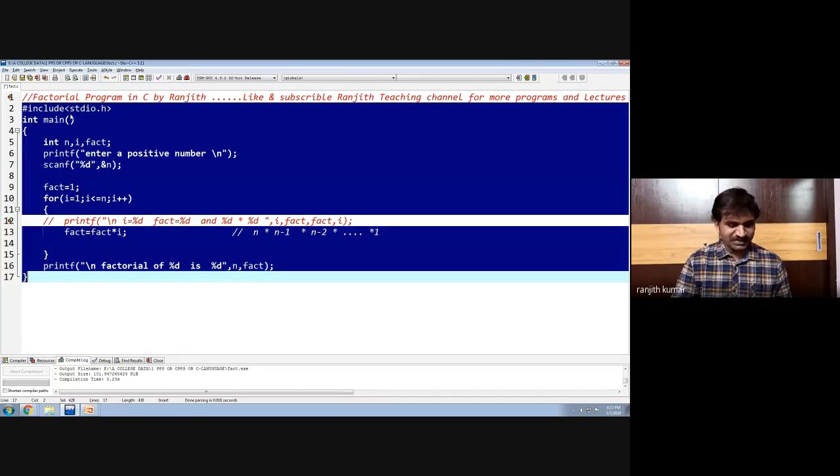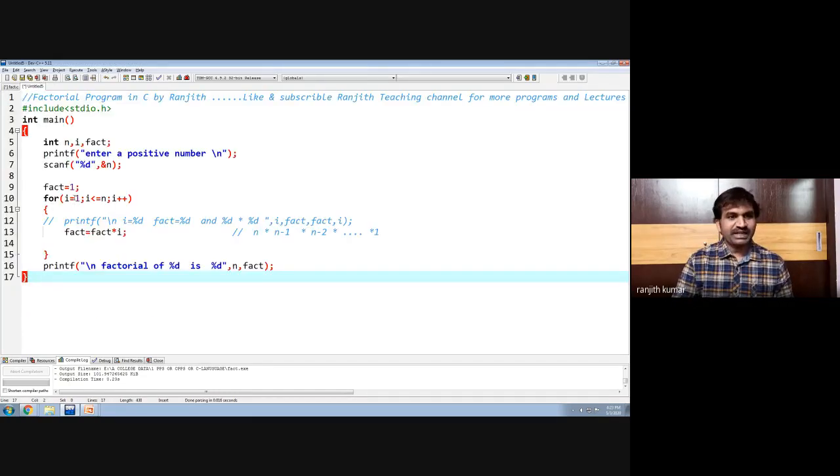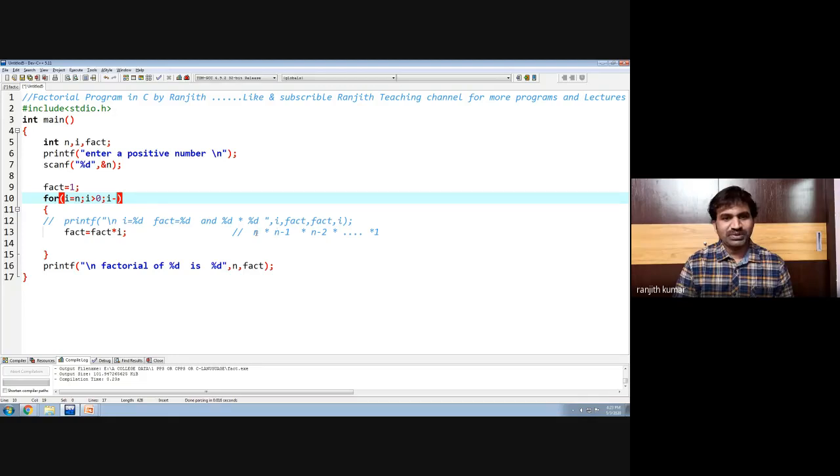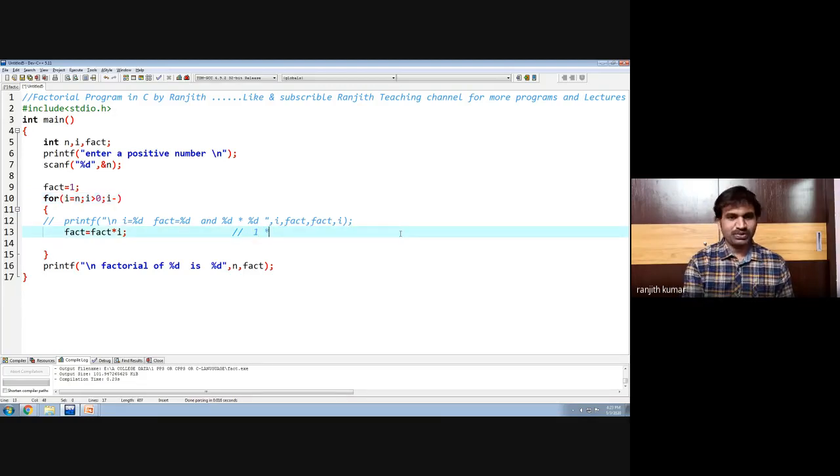So let us write it in a reverse way also. How to write it in a reverse way? You can start with I value equal to n and I greater than 0, I minus 1. That is what you are simply multiplying, like 1 into 2 into 3 into 4.